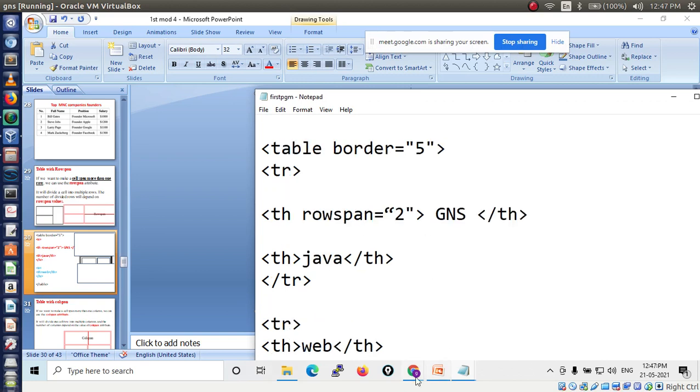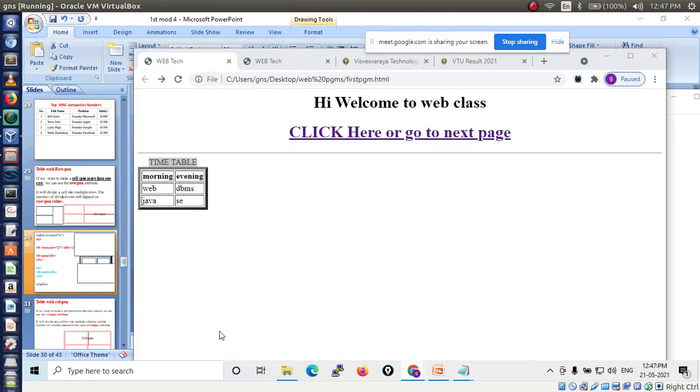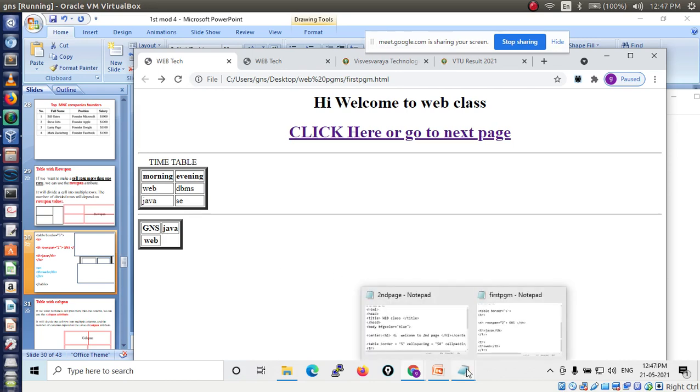Here let's see the output. This is the first table we have created, and the second table is like this. GNS, here row span has not happened, so let's see.